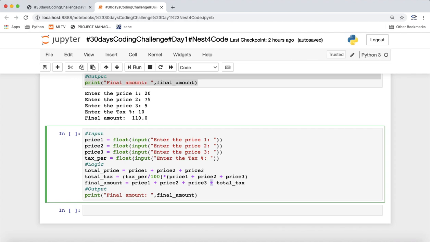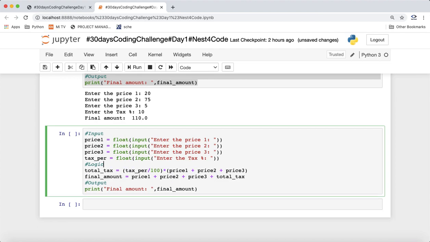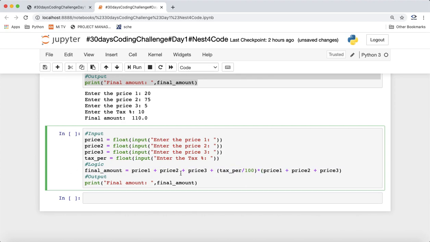And here we don't need to use any brackets because it's also a sum operator, so we can reduce this variable. Now, in place of total tax we can also put this directly. So we'll replace this with the total tax expression directly, and this is our final amount. So you can see that using this we can do the same program in one line, but it's fine if you're doing it with multiple variables, that's absolutely fine. But this is also one way to achieve this.